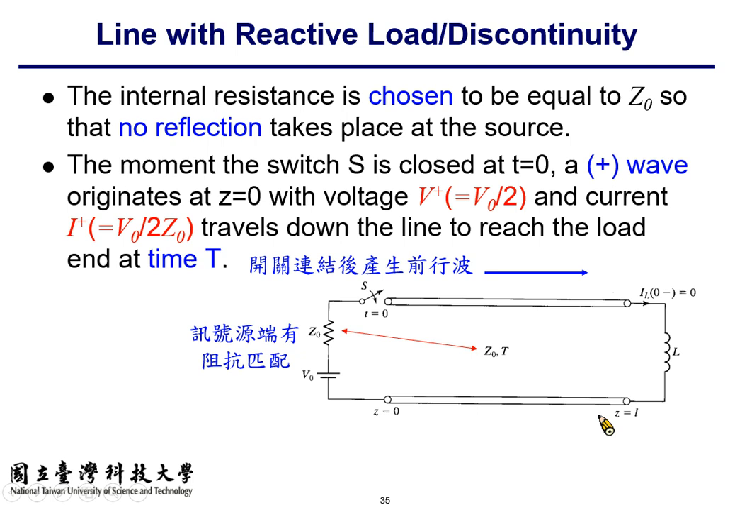Steady state current and voltage. Well, the VSS, the steady state voltage at z equal to L, the right hand side should be what? 0, because it's a short circuit. ISS should be what? V sub 0 over